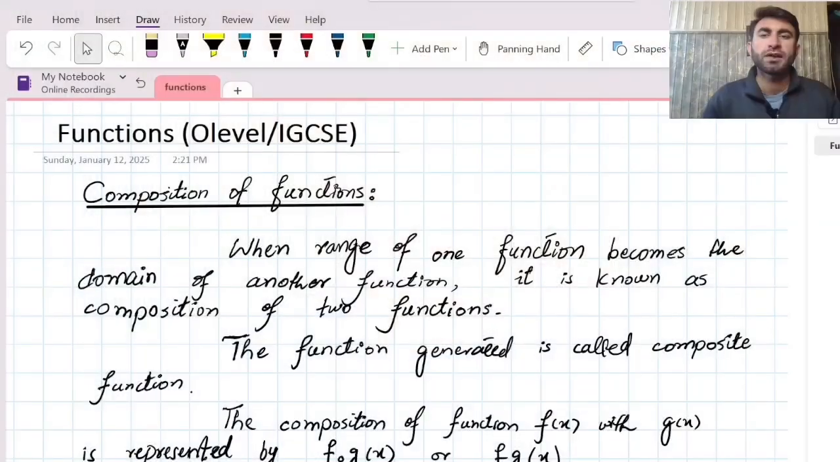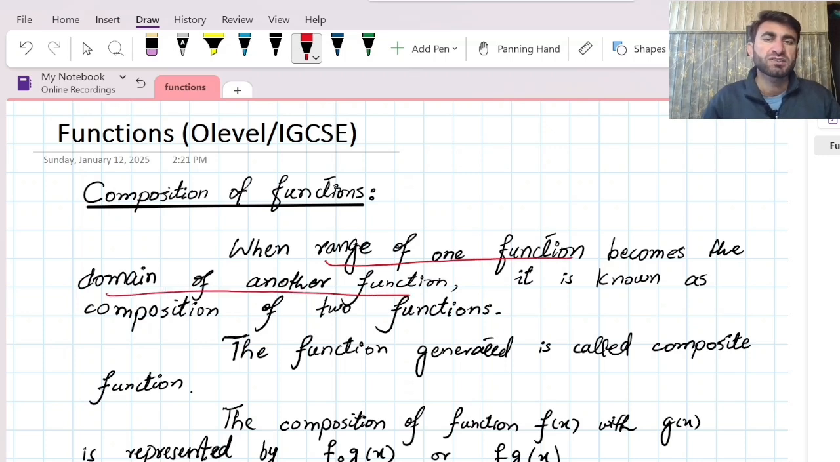Hello and welcome back. In this video, we are going to learn about the composition of functions. First, we learn about the definition of composition of functions, and then we'll solve some examples regarding composition of algebraic functions. So basically, when the range of one function becomes the domain of another function, or we can also say